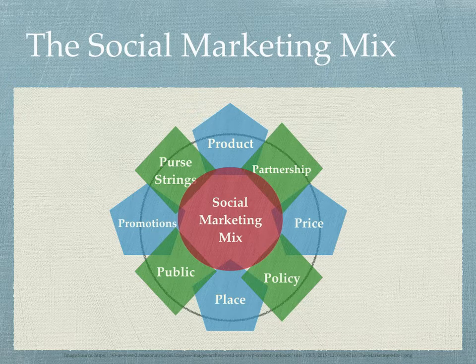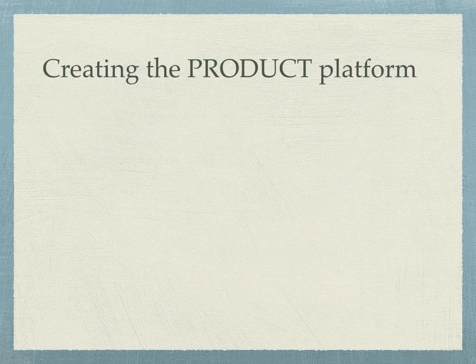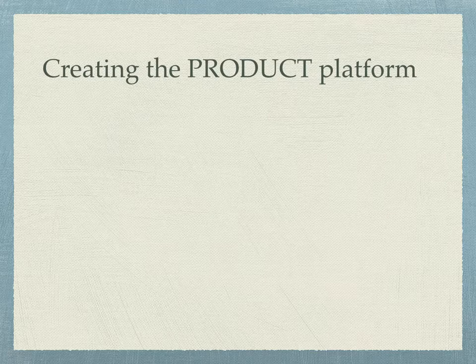So we move forward into the four P's of marketing in connection with our social marketing campaign. So the first one is the product. So we must create the product platform. You must know that in social marketing, before we have even created our product, we must have identified our target audience. We must identify what we want them to do, our objective, and what kind of behavioral change that they're doing. So this is the core